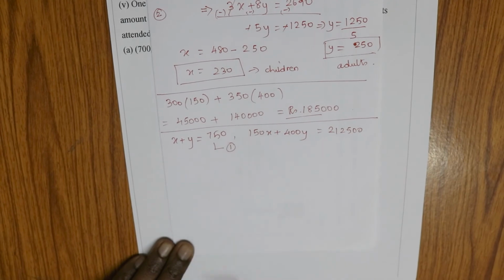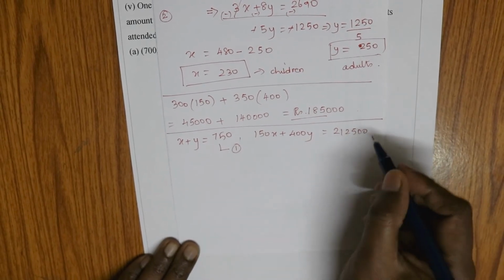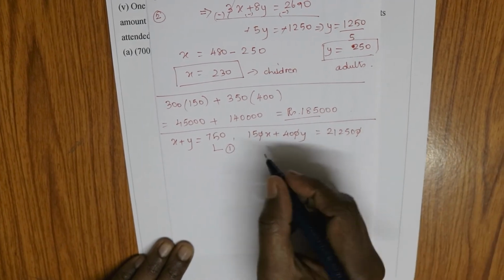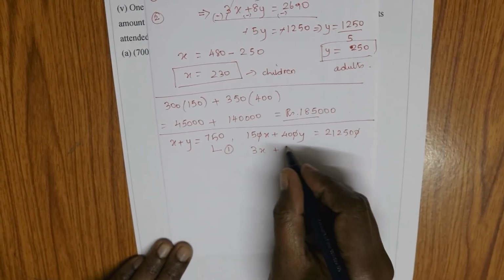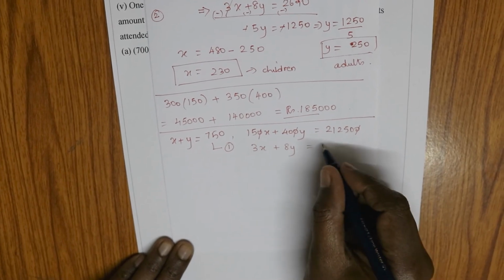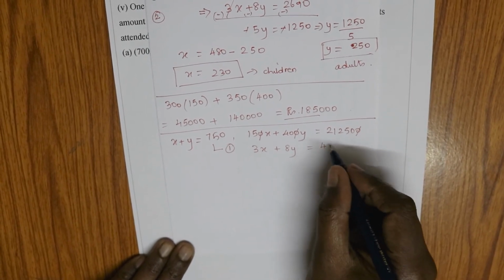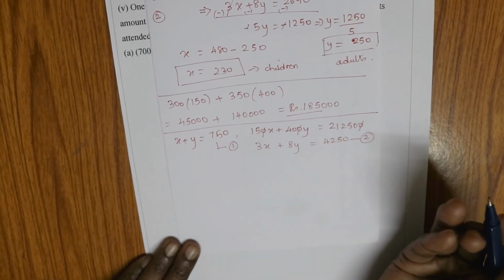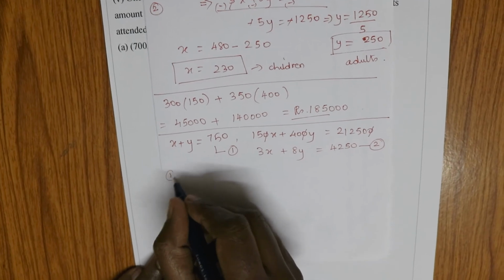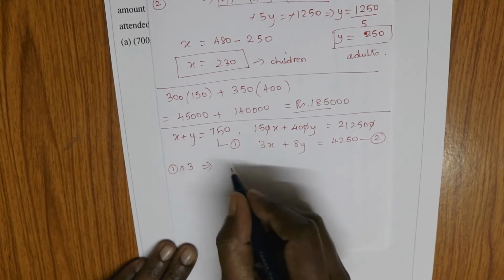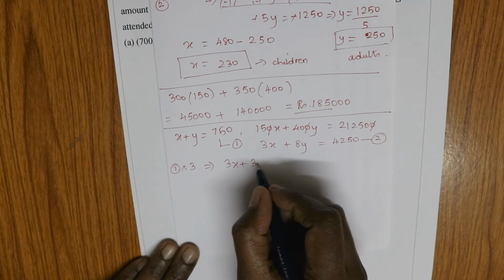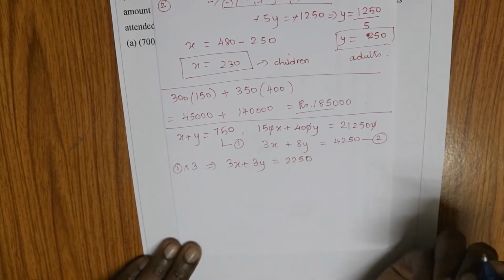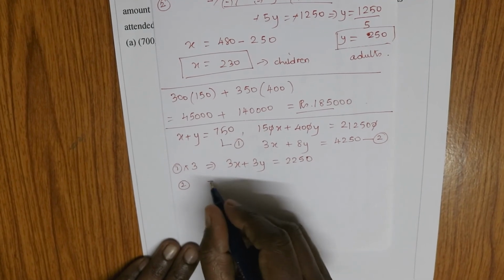Now come on, let's try to solve this. Let us take this as the first equation. I'm going to reduce it and then do it, because it's all big numbers. Same, I'll do it with the 5 times table. So my equation will become 3x plus 8y equal to 420,250. So this is my second equation. Anyway, I need both x and y. So let me solve this. I'm going to multiply the first equation with the same 3. I'm finding it easy like that. 750 into 3, 2250.